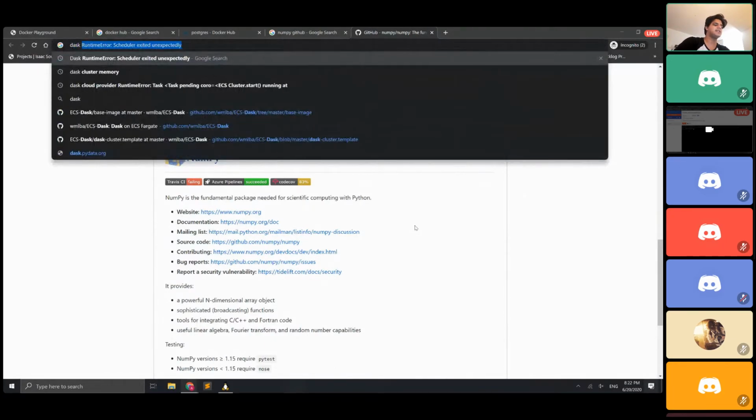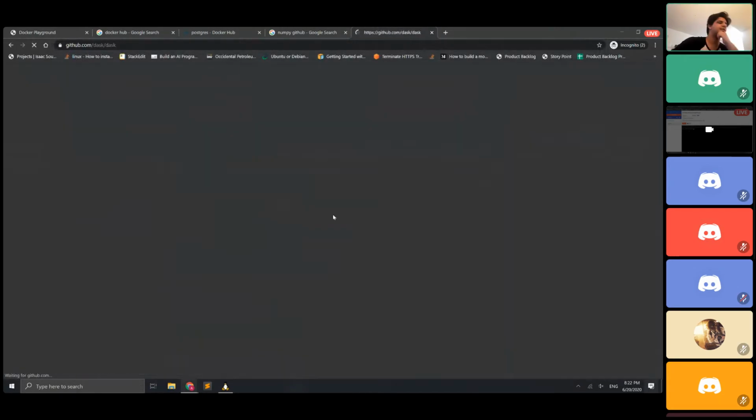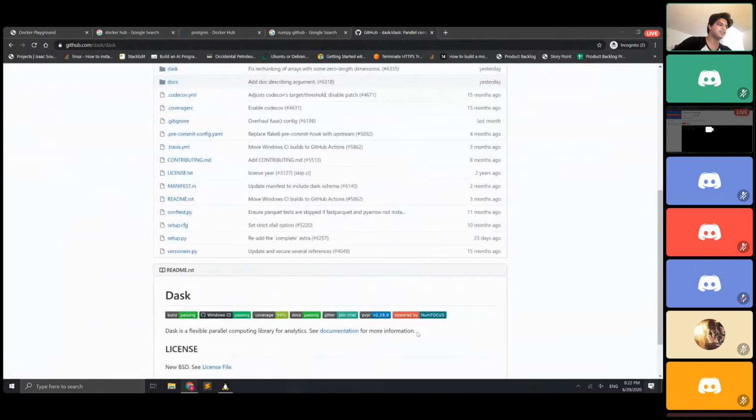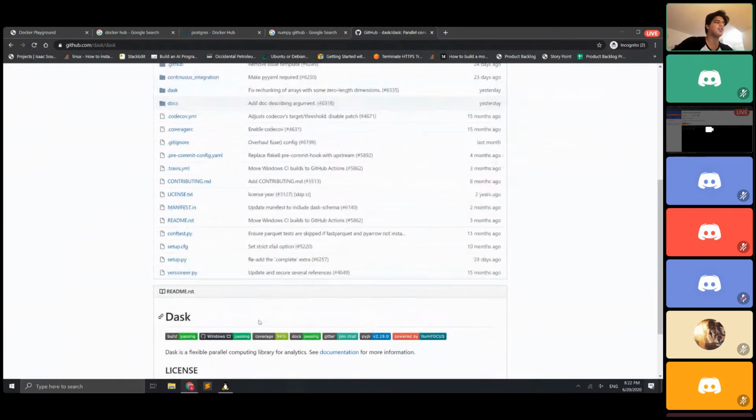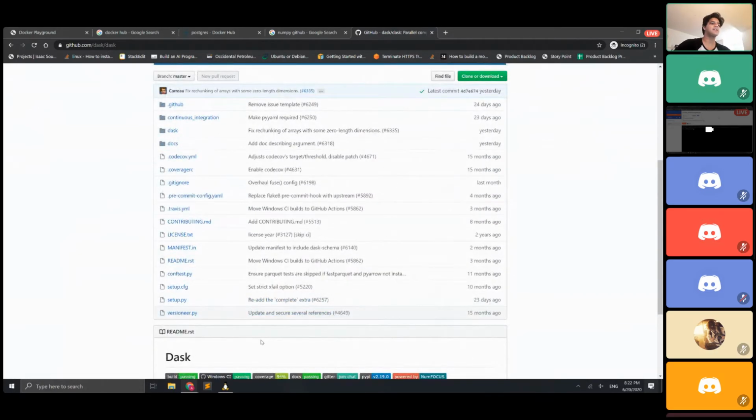I'm going to look up Dask GitHub. Dask is a very popular library for parallelized and distributed computing, with the main goal being working with big data. It's got a lot of the same or similar functionality as other libraries, like what NumPy and Pandas do. The only difference being that this does it on a massive